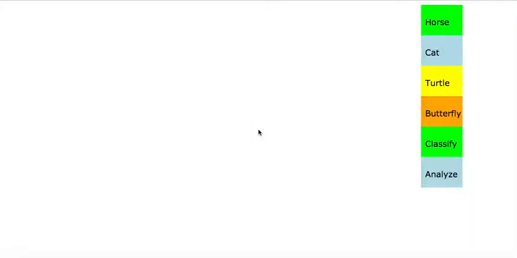This app is used to classify contours of objects. The objects that it's set up to do right now are horses, cats, turtles, and butterflies. It requires the drawings that you enter to be in a certain orientation, so that's the point of these. The horse needs to be oriented like that, the cat like that, the turtle like that, and the butterfly